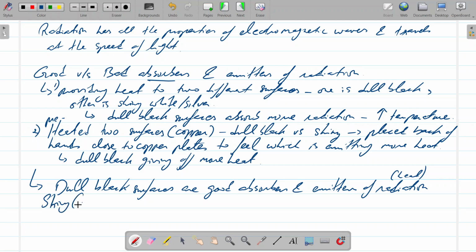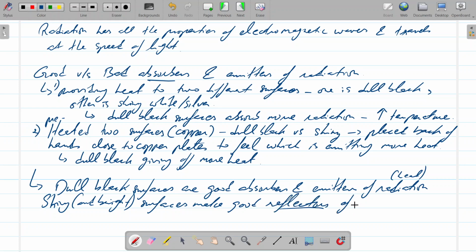So shiny and bright, and it doesn't get brighter than white, surfaces make good reflectors of radiation, and which means that they are poor absorbers and poor emitters. Okay,